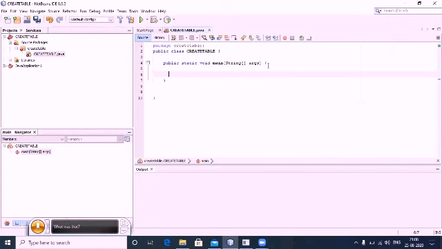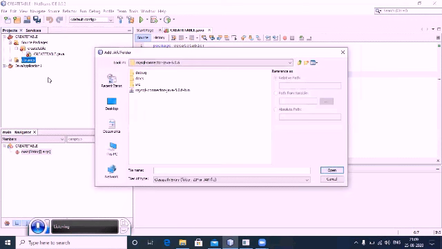Okay, now as we created the package, we will go to the projects window here. See, this is the projects window where we have this create table package, right? And here you can see the libraries, right? In order to get connected from a Java application to a database, we need to add a jar folder, right? Once I click on the libraries, only JDK 1.8 is there by default. Now I will select the libraries, right click, and add jar folder. We should add the jar folder here in order to get connected from NetBeans to MySQL.